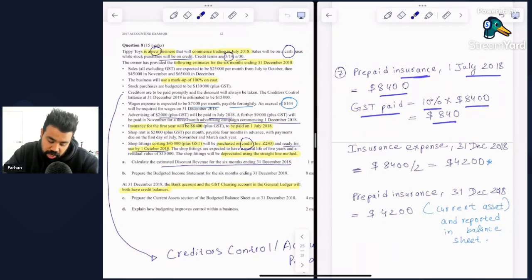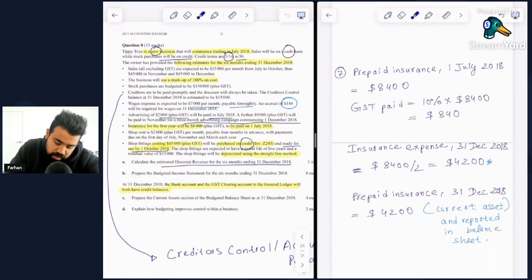So prepaid insurance. If you read the question carefully, it says insurance for the first year. So obviously this $8,400 covers 12 months in total. And this payment was made on 1 July 2018. Given that we are working with a business which has a financial period ending 31 December 2018, and we're focused